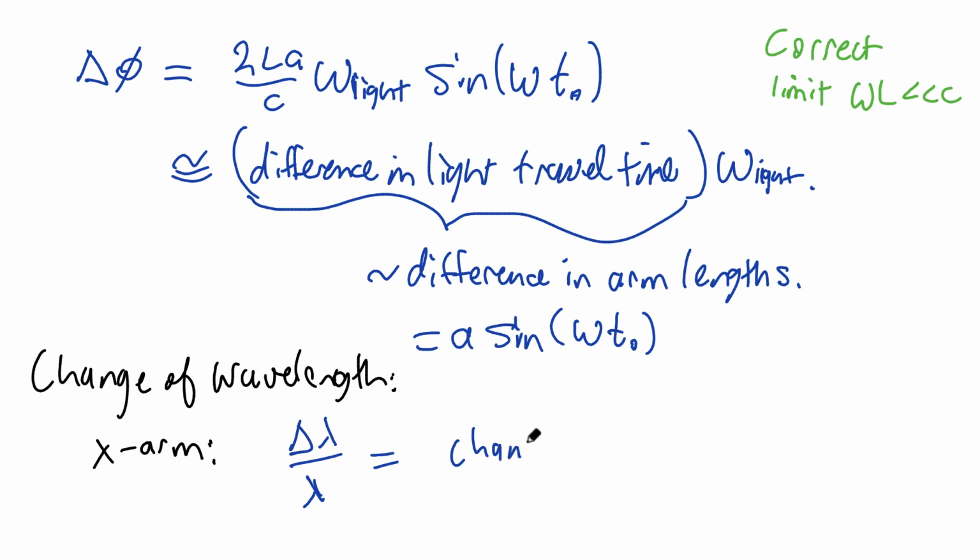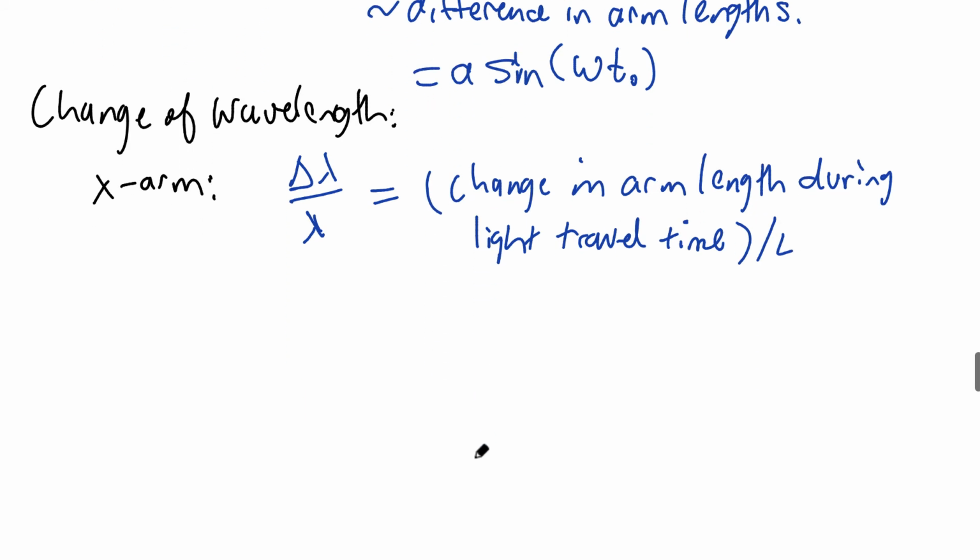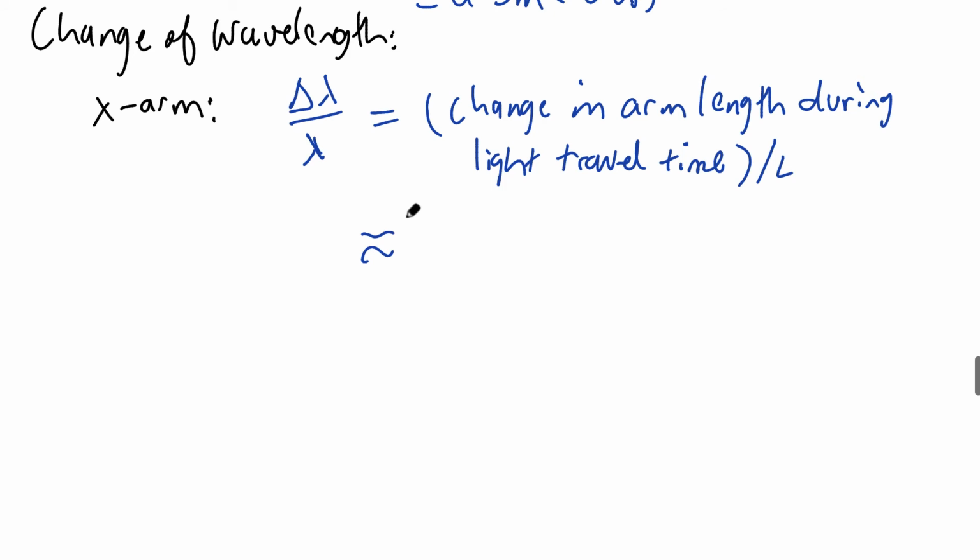So that's the change in the arm length during the light travel time divided by the length L. And that's approximately equal to the rate of change of the arm length times the light travel time